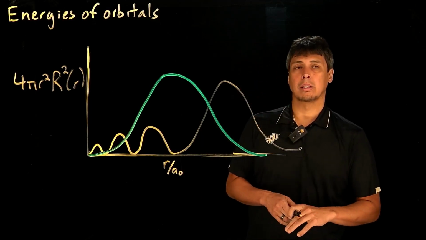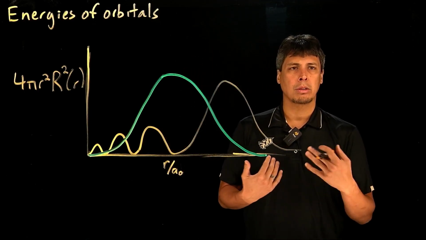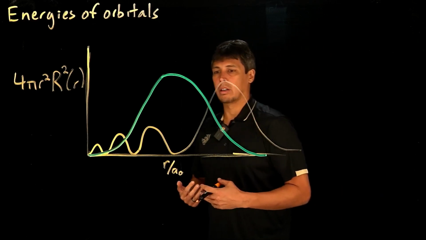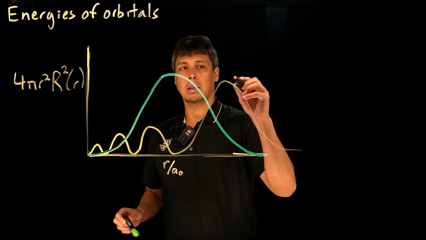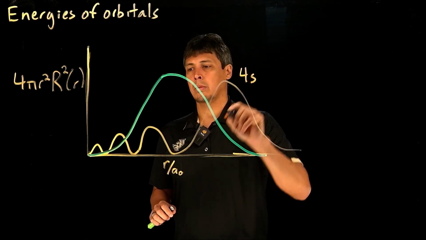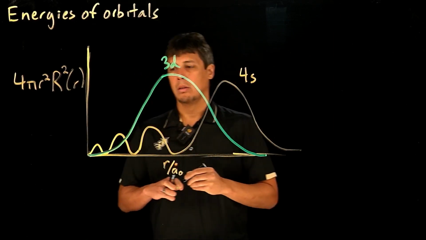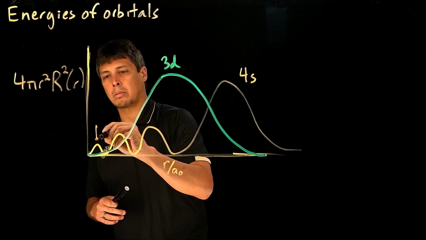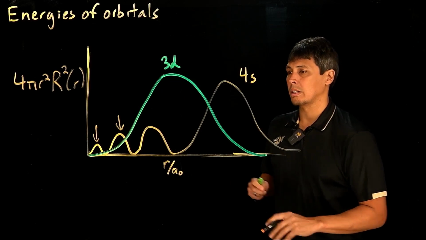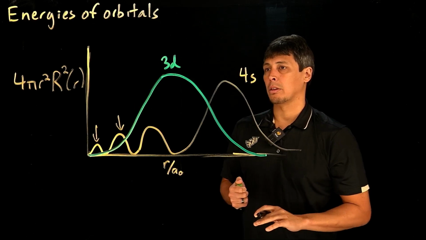Penetrability also explains the situation where we see that the 4s orbital gets filled before the 3d orbital. If we look at the probability for the radial function for the 4s orbital, as shown here, and then we compare that to the 3d orbital, what we see is that there's considerable penetrability of the 4s orbital, with 2 pockets of electron density close to the nucleus before we get the major region of electron density for the 3d orbital.